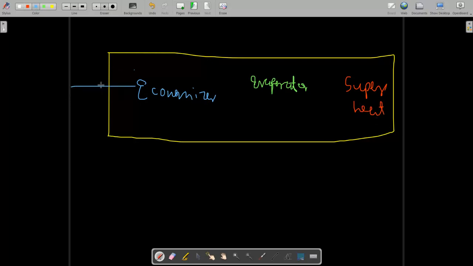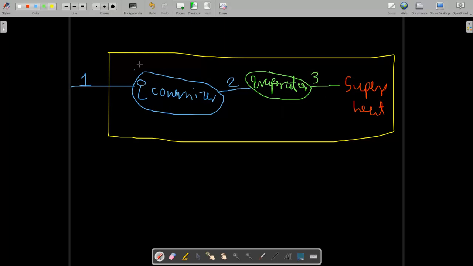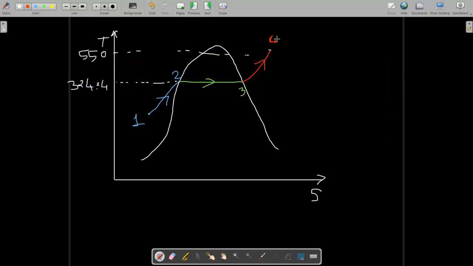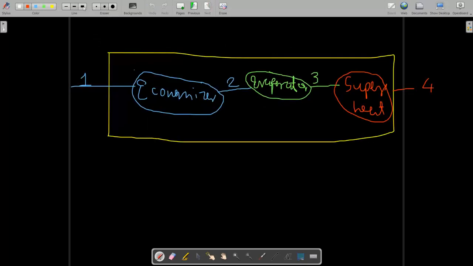Here water is entering, it is our state 1, and the enthalpy is given to us. Then it goes to the economizer, and this is known as our state 2, then the evaporator. At the end of the evaporator it is condition number 3, and at 4 it is the superheater. So at the end of the boiler it finally leaves as steam at state 4, as shown in the TS diagram here. This is the fourth state. So this is a boiler, and these are its subcomponents.